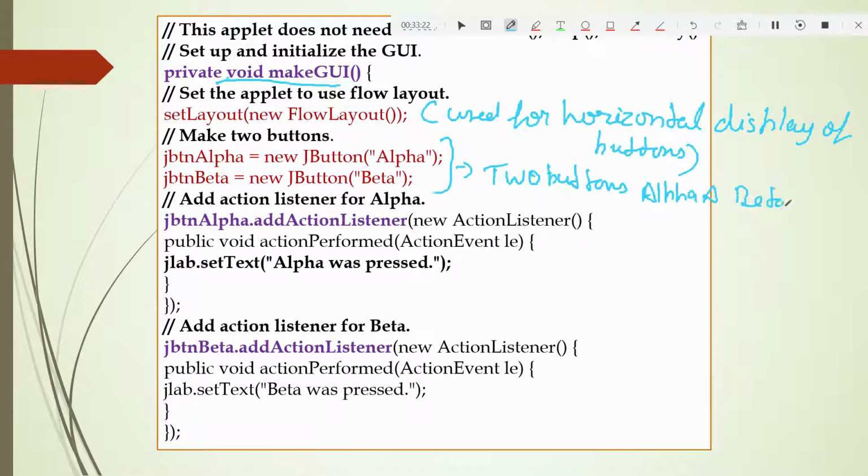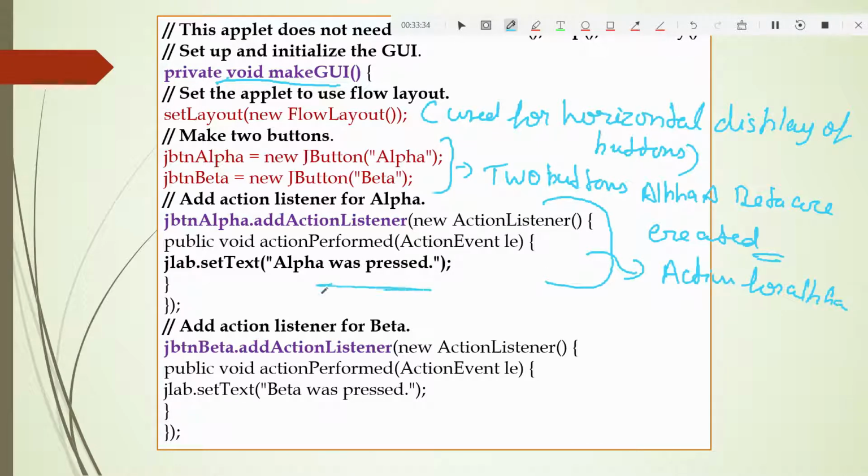This logic is the same, students, nothing else. Here is the action for the alpha button, which is a message: when the alpha button is pressed, a message is displayed.